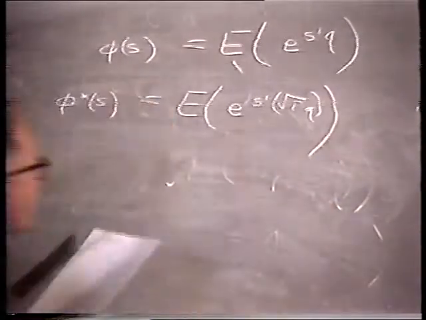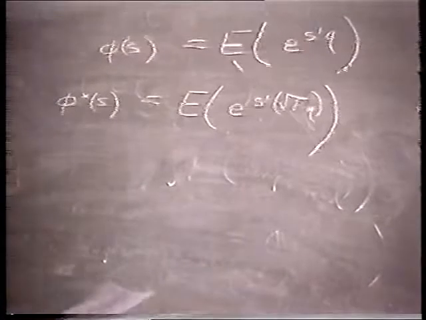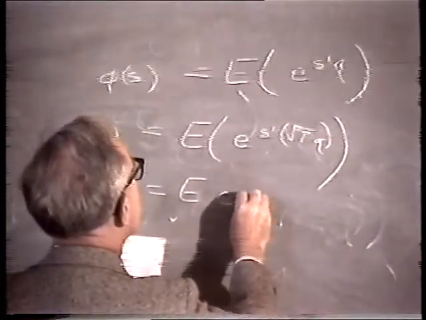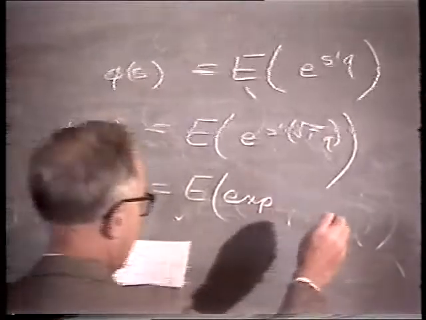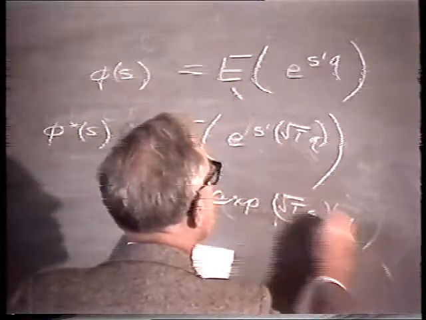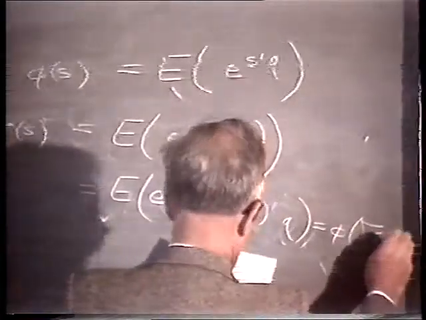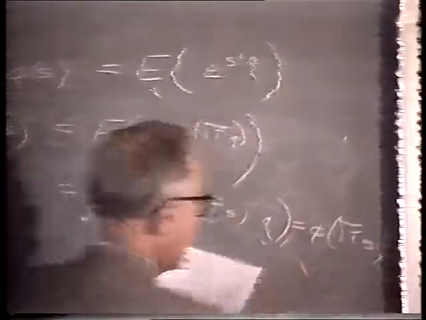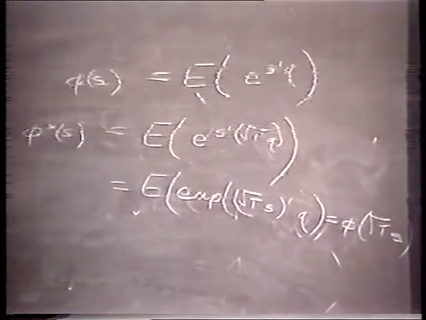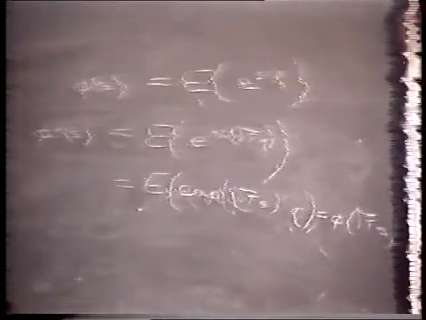I'm just reminding you of a well-known relationship, that is clearly the same as expectation, looks like it's exponential, square root of t s prime times q, and so it's just phi square root of t s. But the point is that it's phi star that tends to a limit,